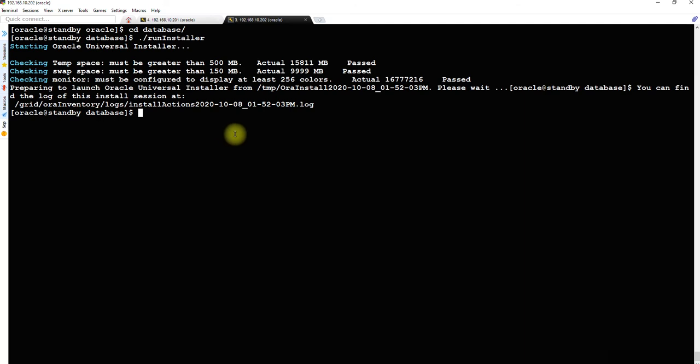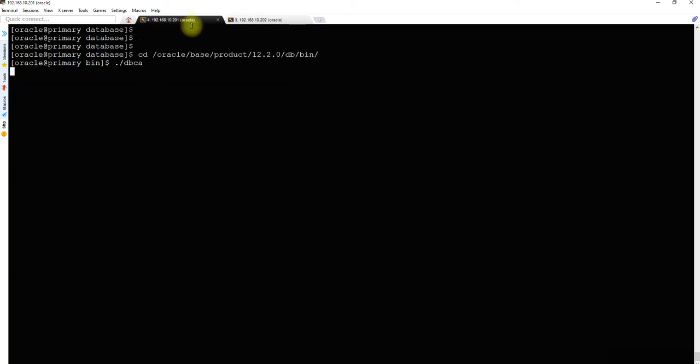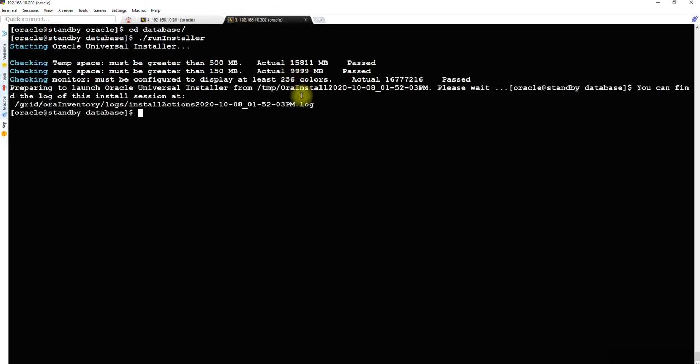But when you restart the standby server, you will not see the database come up automatically even though the ASM is up. So to register the database after duplication, because currently the cluster CRS still doesn't know about it and hasn't yet registered the database as an entity of itself.